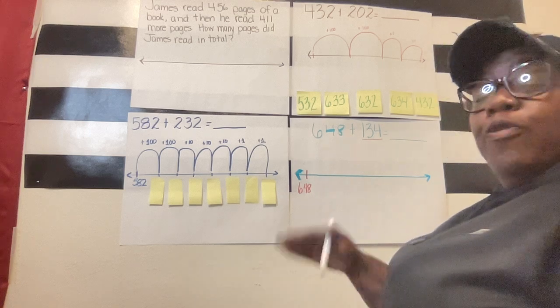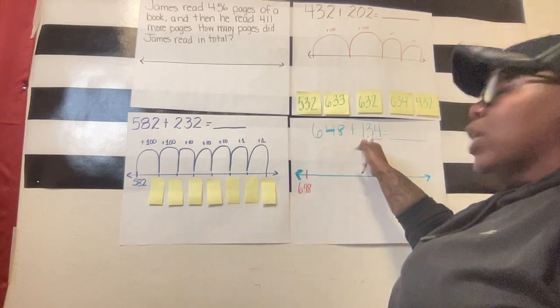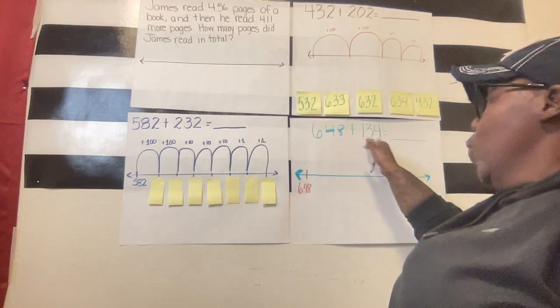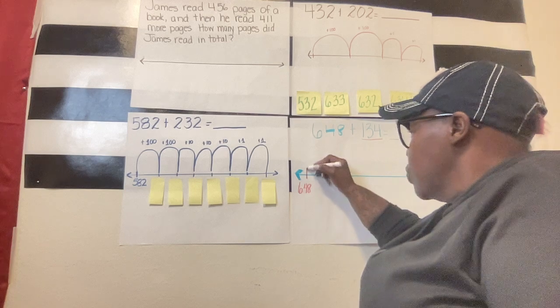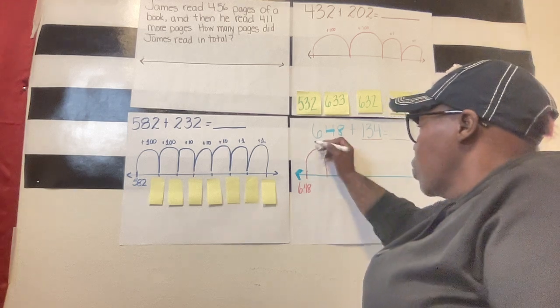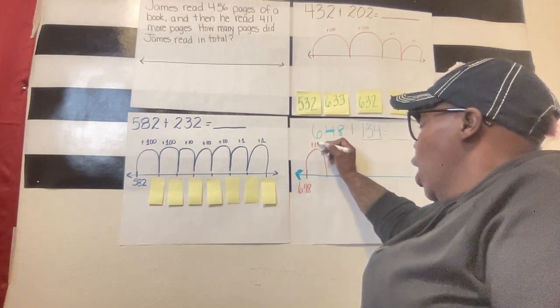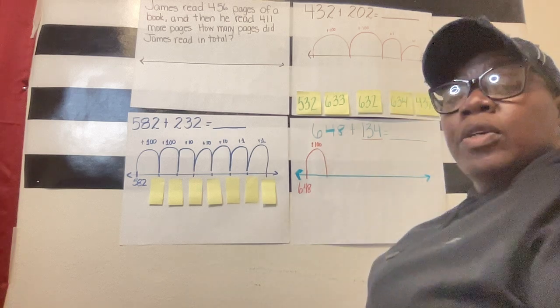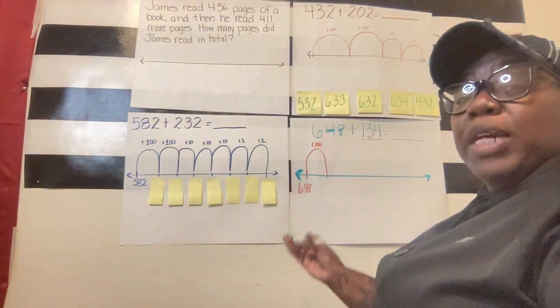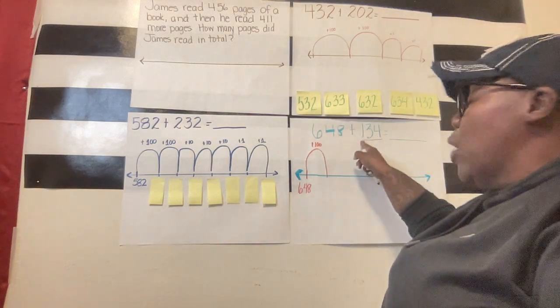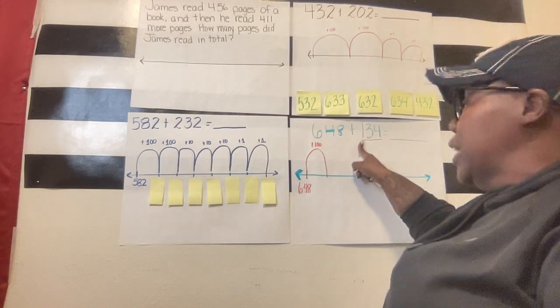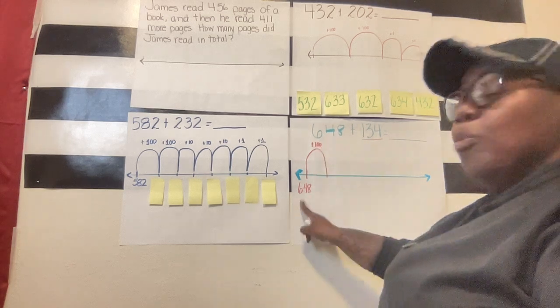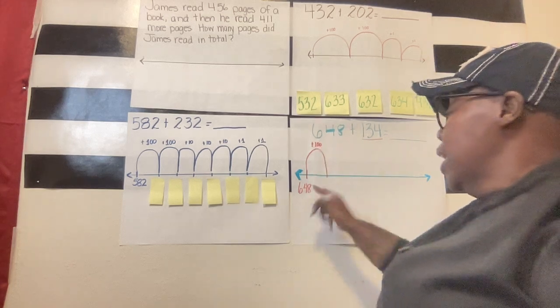So the first jump we will make, we'll start with our largest place value, which is 100. And then we'll write what the jump is worth based on the place value. So they're doing that one jump for that 100 that they have. 100 plus 648 is